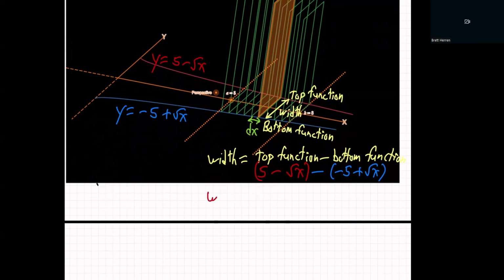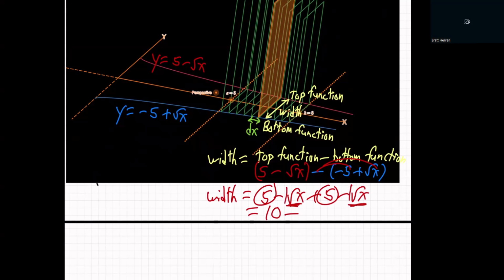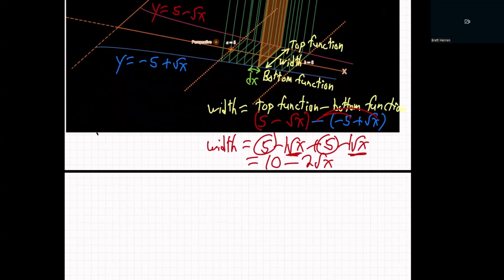So the width will be 5 minus root x. Distribute that minus sign. Plus 5 minus root x. So it's going to be 5 and 5, 10 minus root x, that's minus 1 root x, minus 1 more root x is minus 2 root x. So it's 10 minus 2 root x. That's the width. And then the area of the square